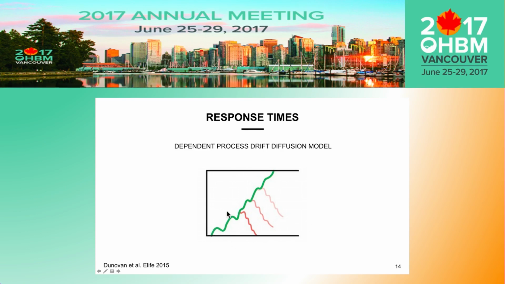So the GO process, this green line, is modeled as a single variable which is accumulating towards the decision boundary here on top. When the GO process crosses this decision boundary, a response will be made. However, at the same time, the stop process is modeled as a competing signal. So the stop process is accumulating towards its own decision boundary, and if the stop process reaches this decision boundary before the GO process reaches its own, no response will be made. So this model actually captures the balance between facilitation and inhibition.